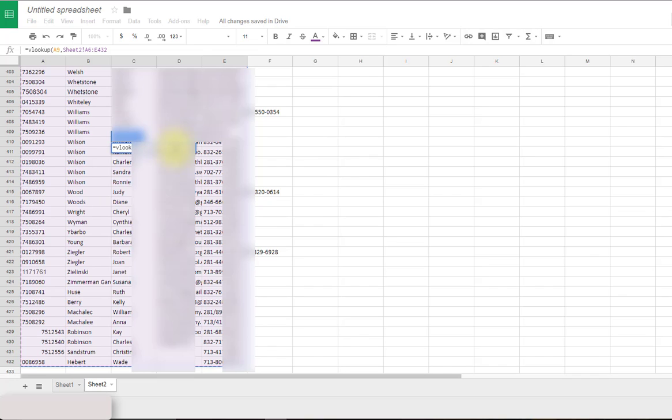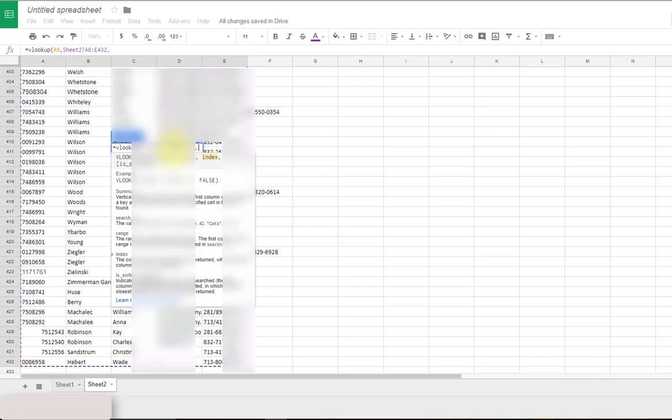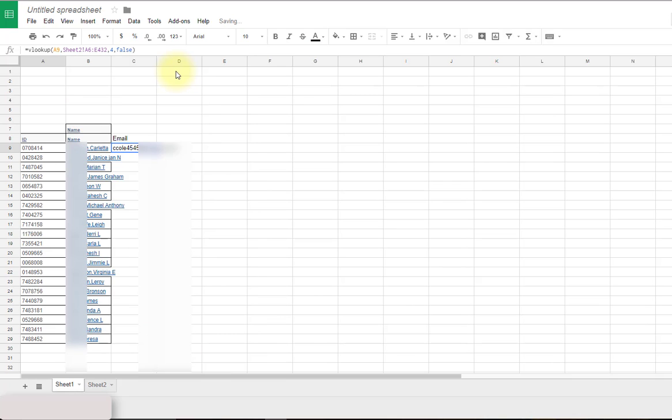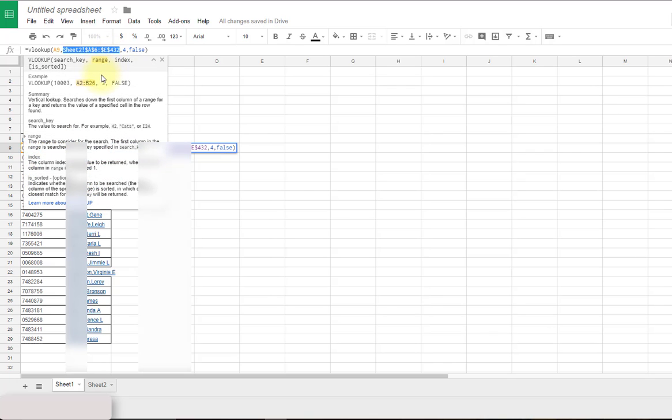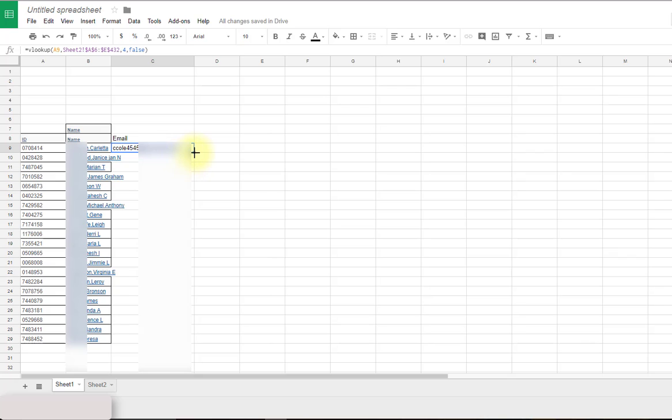And you see the helper function is still on my screen. So now if I hit comma, it'll take me to the next argument, and so I want the email address, so that's 1, 2, 3, fourth field over, which is 4, comma, false, close parentheses, and it takes me back to my sheet. And look, it brought back the email address. But remember, I want the range fixed, so I have to come back up here and highlight the whole range and press F4 to make it fixed, hit return,